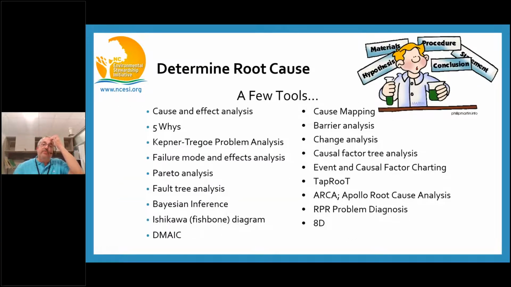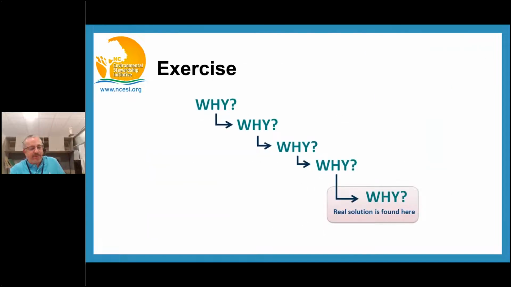Now, in determining root cause, there are a few tools, to say the least. I'm not going to list all these, but they are definitely out there. And again, it's going to fit your business model, the depth that you're searching for, and how you're trying to remedy the root cause. It's a multitude of methods at your fingertips. So one exercise that we've got,